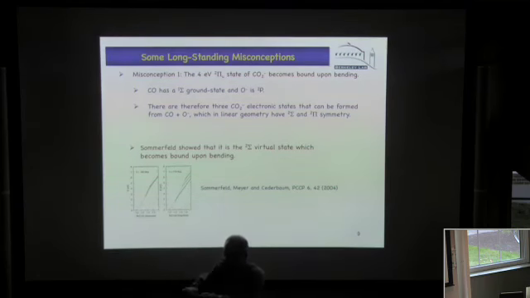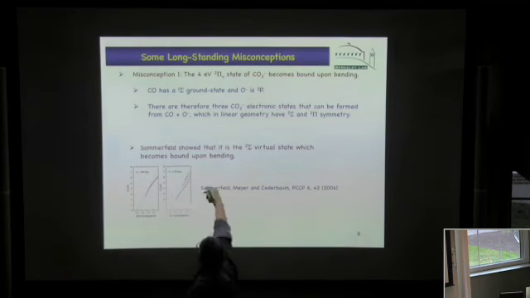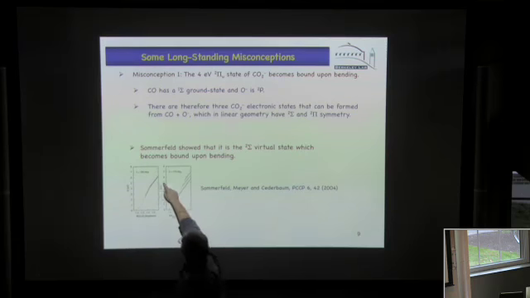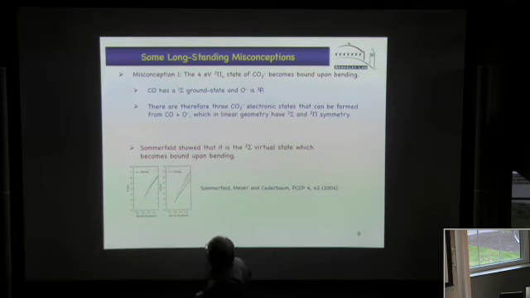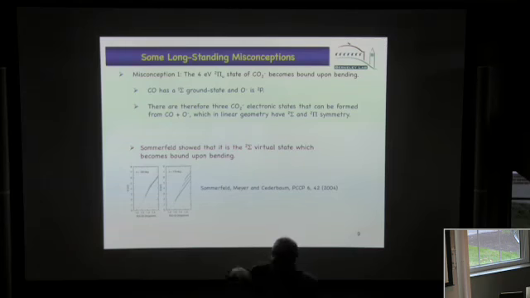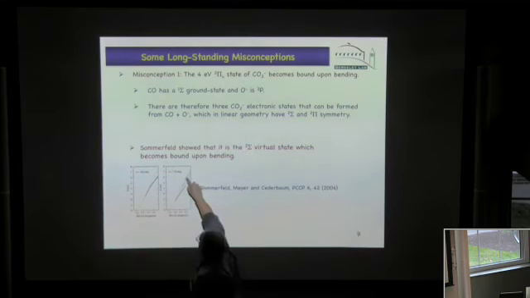This is just a study of CO2 minus as a function of symmetric stretch. When you bring the molecule, the negative ion and the neutral together in linear geometry, you have a doubly degenerate dotted line here. That's the doublet pi state. And then below that is this doublet sigma state, which in fact becomes the virtual state that explains all this low energy phenomena below 2 volts.